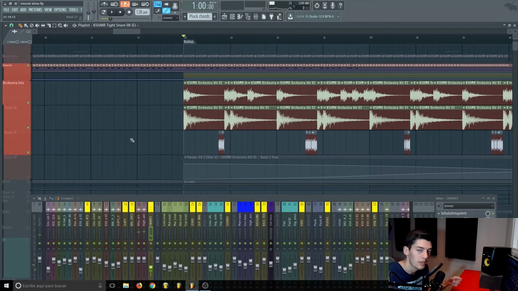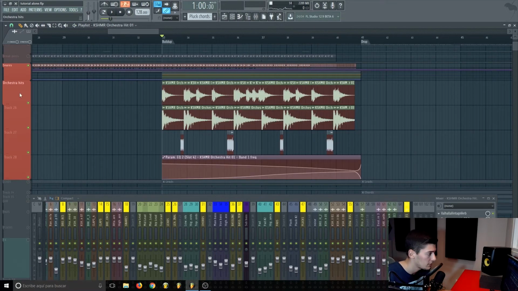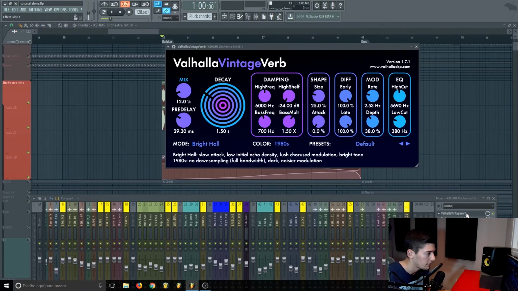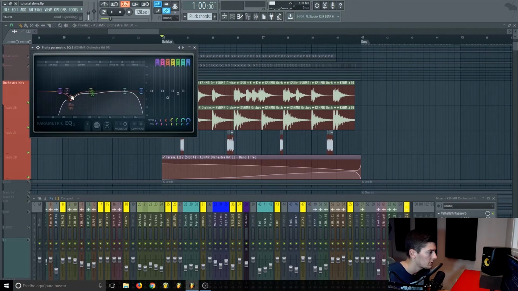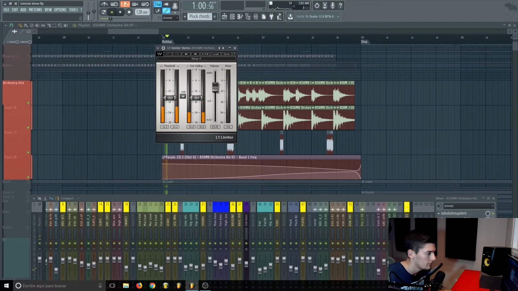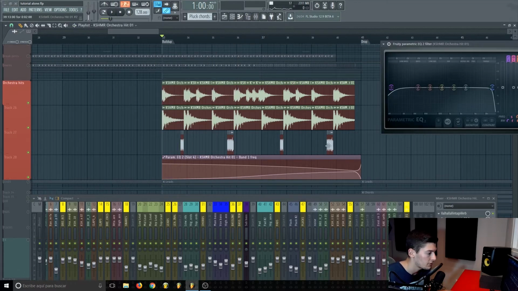More like a natural sound, a natural drummer. On the mixer is really simple. They just have a reverb, the same as in the percussions, an EQ to reduce here to leave a space for the snares, also here because they were a bit muddy, a limiter to control the peaks, this filter, because what I do is the same as in the kick and as in the snares. I reduce the low end,